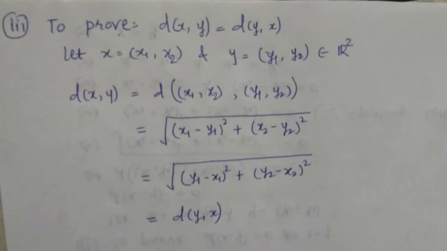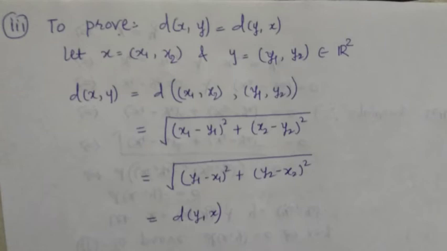Use the definition of metric d, which is square root of (x1 minus y1) whole square plus (x2 minus y2) whole square. Now I can write that (y1 minus x1) whole square plus (y2 minus x2) whole square, because